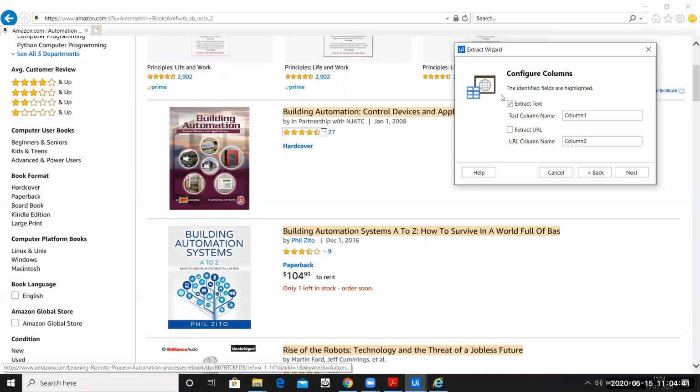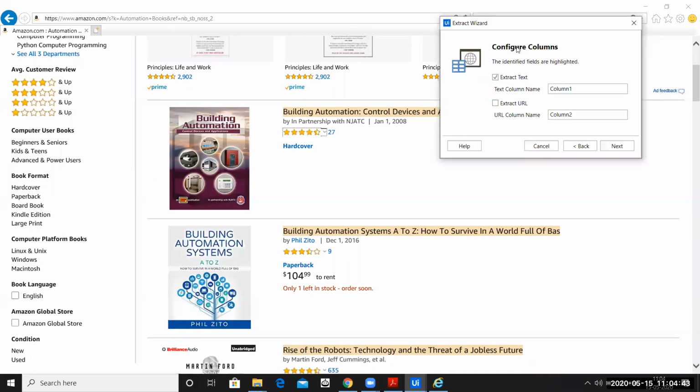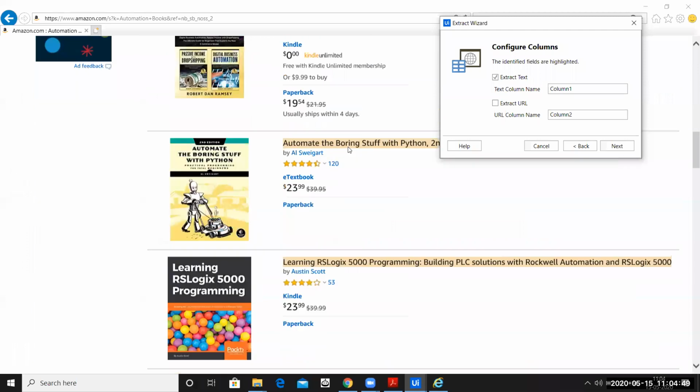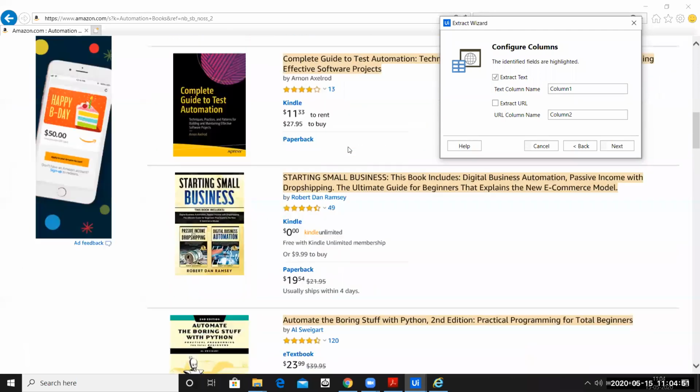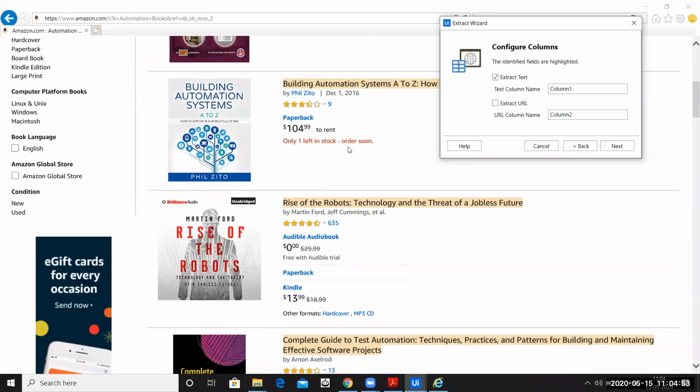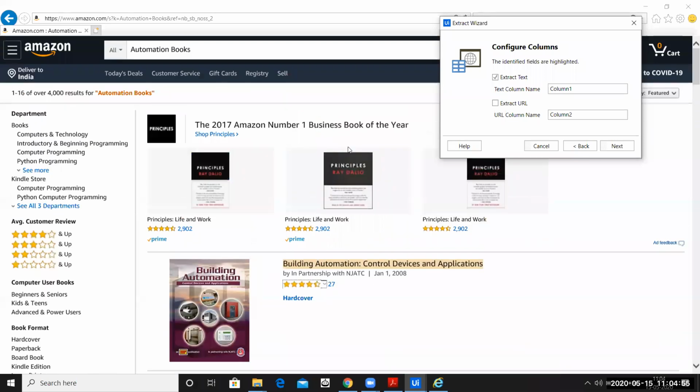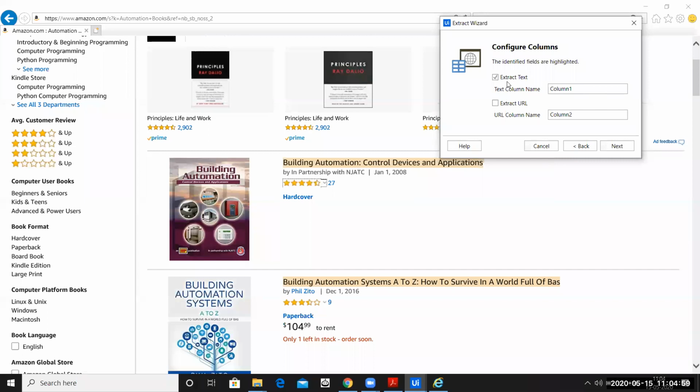Now a new window comes up which says configure the column. So obviously if you see over here, we don't have only one data, we have multiple data. And obviously we will save this data in the form of a column, one after another. This is the same thing which is happening here. It's saying, I have extracted the text for you.